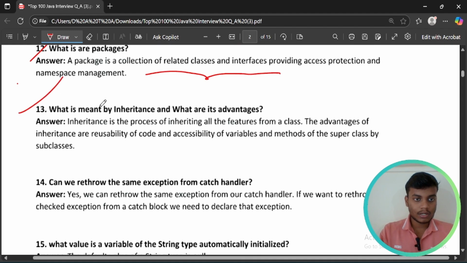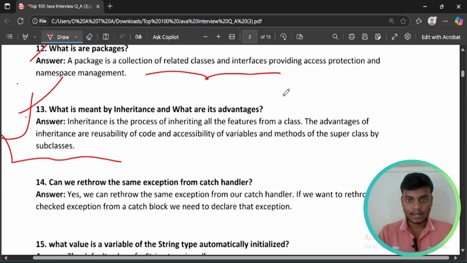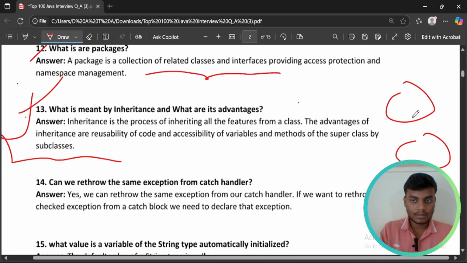Moving on to the next, what is meant by inheritance and what are its advantages? By the word inheritance you can understand what it means. Inheritance is the process of inheriting all the features from a class. In inheritance, the child class inherits all the features and behaviors of the parent class. So that is called inheritance. This is the parent class, this is the child class.